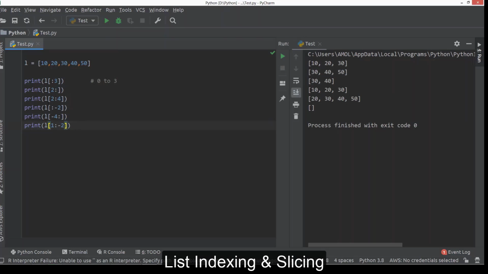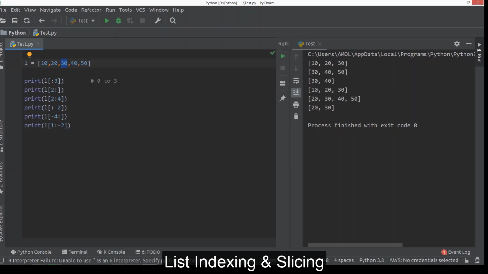So the starting index value we provide in positive terms, and the ending index value we use negative. Now you can see the output is 20, 30. So 1 means it starts from here, -2 is this one, and once again I am repeating, the ending index value is not inclusive, it is up to that value, meaning it will go up to 30 here.